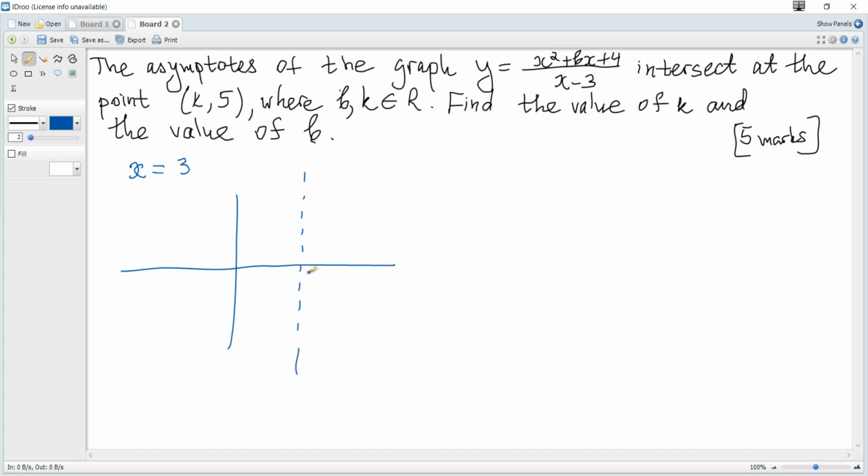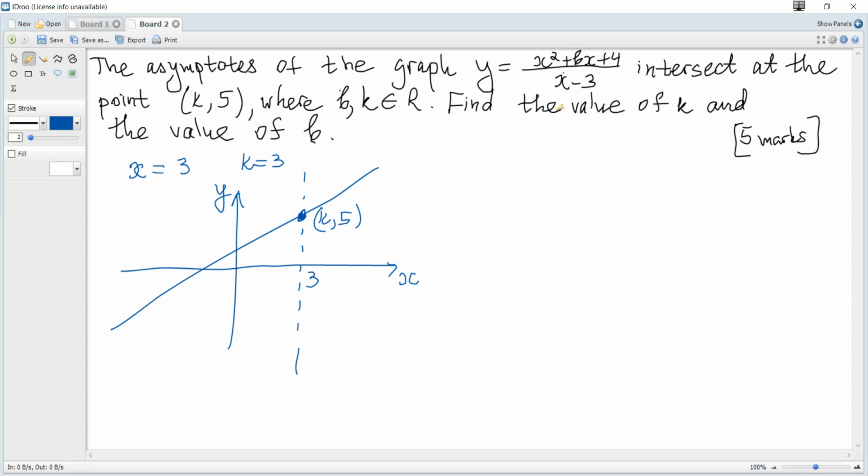It looks like this. X is 3, and we can see that the greatest power in numerator is 1 more than in denominator, so we have slant asymptote here. I don't know actually gradient or y-intercept, but it doesn't matter. And vertical and slant asymptotes intersect at point (k, 5), and we can see that k is 3, k is found,